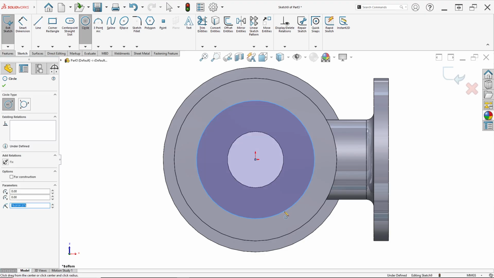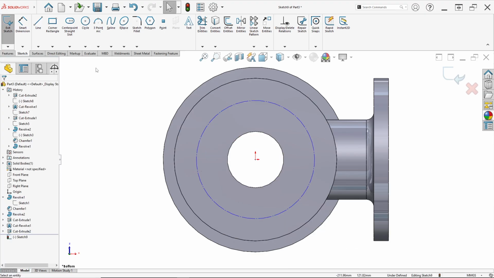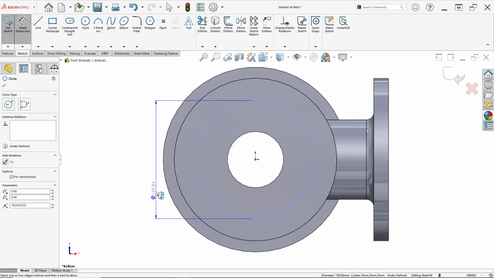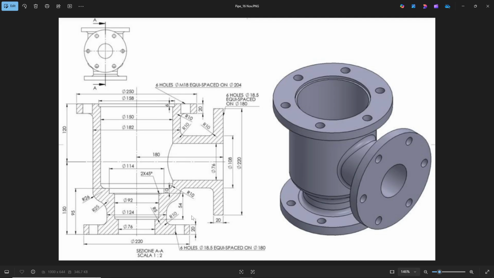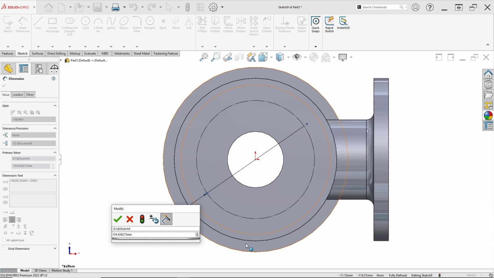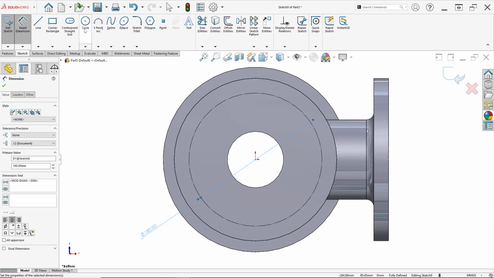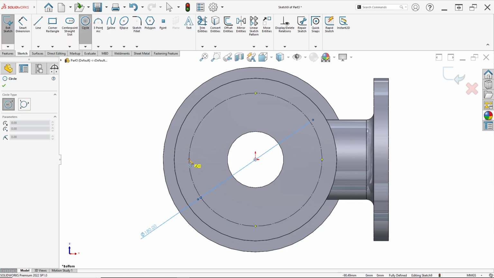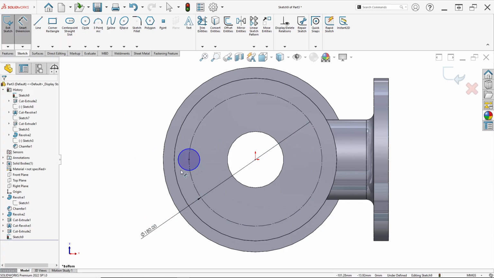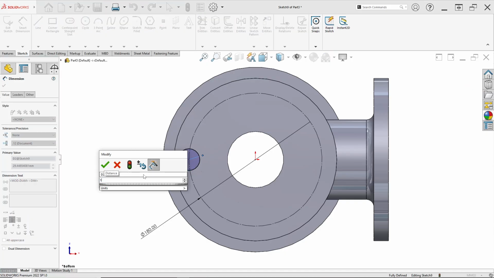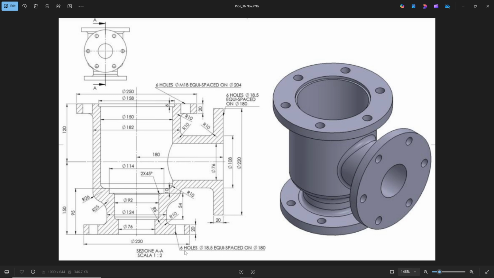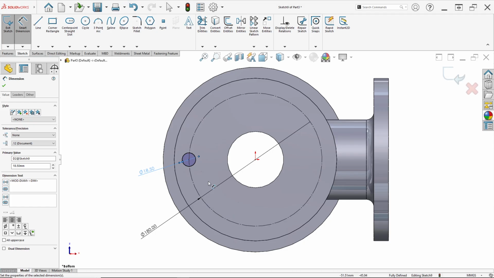Make a circle, right click and click construction geometry, diameter here 180, and make a circle from this point, diameter 18.5 millimeter. Here 6 holes, diameter 18.5, equal space on diameter 180.